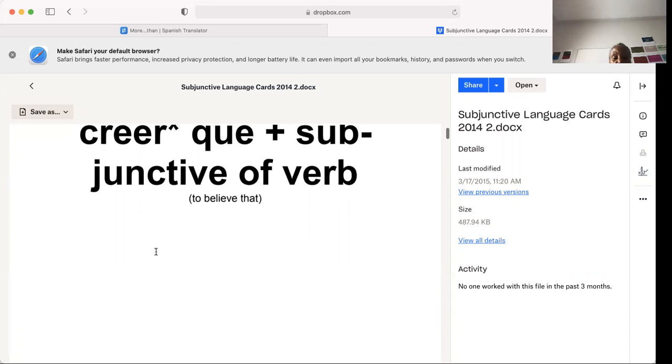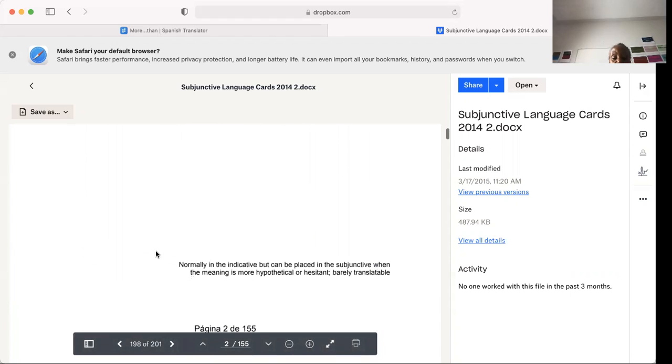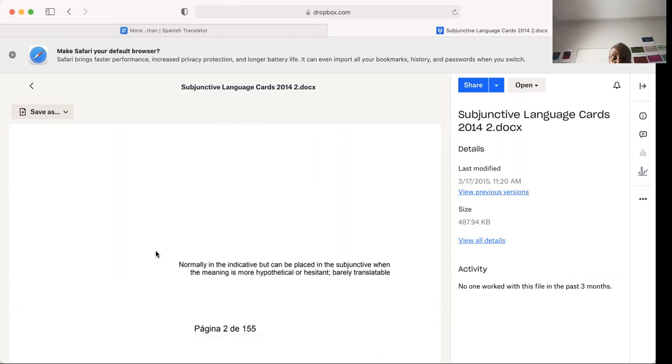But look what I have here for all of these verbs. Normally, this verb is used in the indicative, but can be placed in the subjunctive when the meaning is more hypothetical or hesitant, barely translatable. That is, the speaker is telling you that they're not sure, or that we're talking about a hypothetical case versus a real case. Okay, and the reason it's barely translatable is, in English, how do you translate that